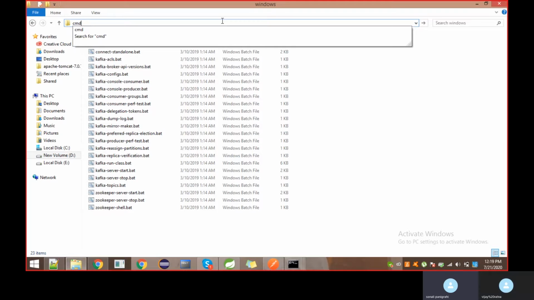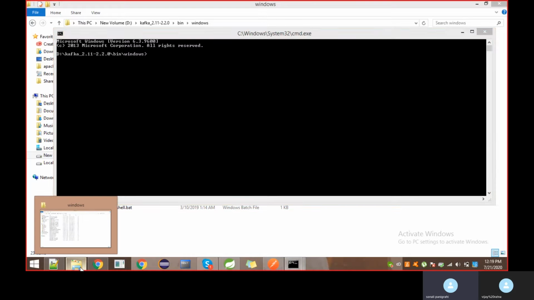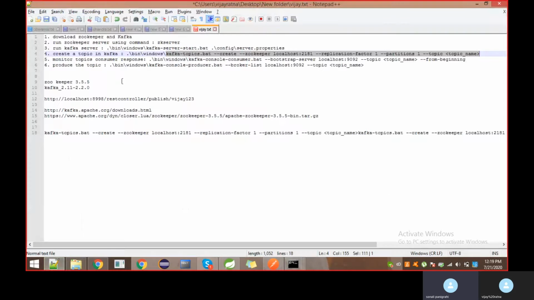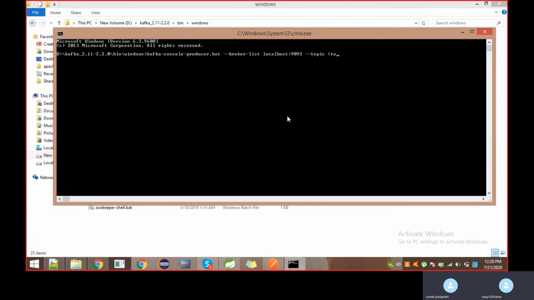I am going to cmd, and we have a command to publish the data inside the topic: kafka-console-producer.bat. Here, whatever topic name I previously created, the same topic, today, I am giving now. So here it is created.